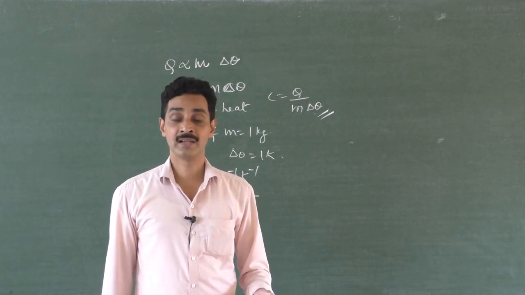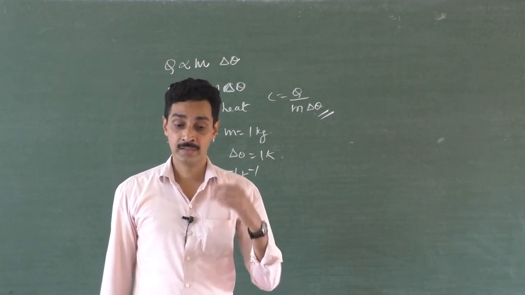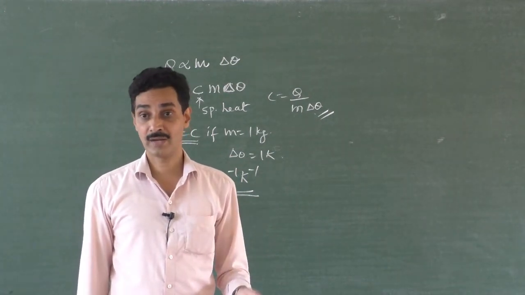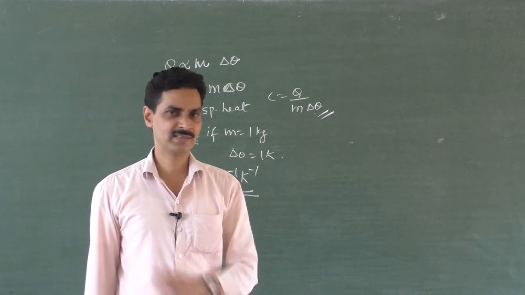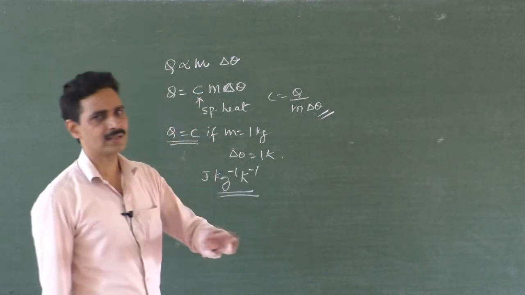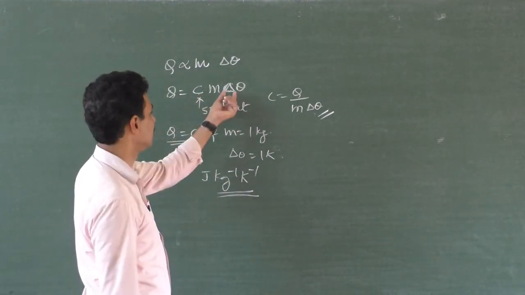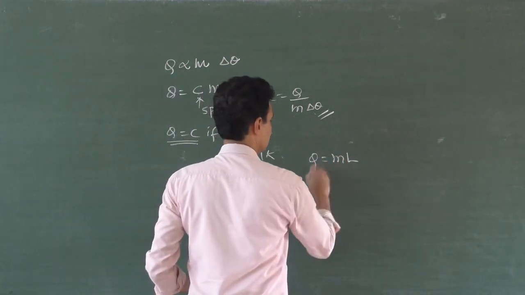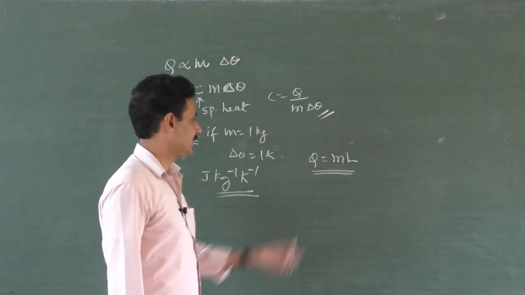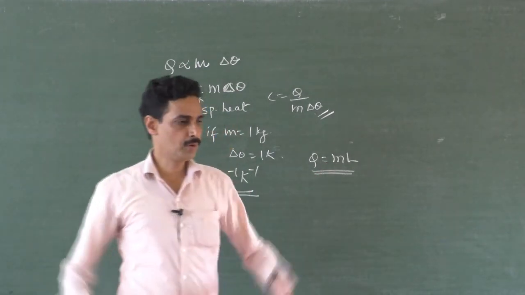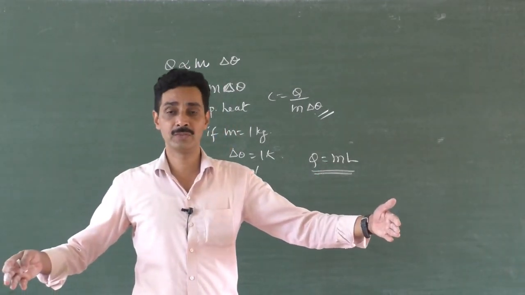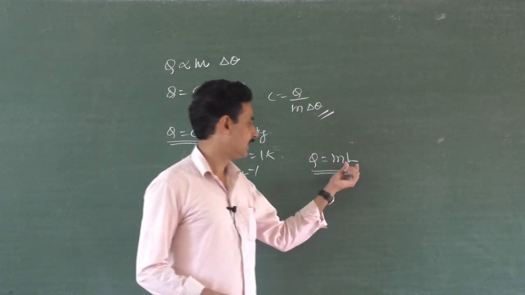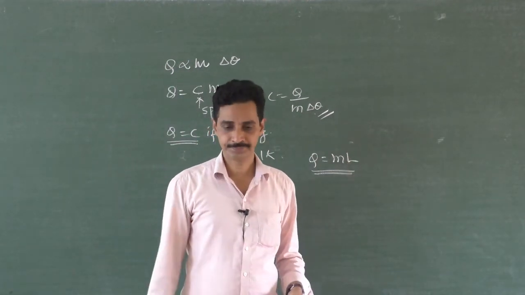Now, how much heat energy is required to melt completely 1 kg of ice without changing its temperature? Of course, at the melting point, if you supply heat energy, its temperature doesn't change. It will use all the heat energy to melt. Then there is no delta theta. Now it is called latent heat, hidden heat. Q = mL, you know it. What is m? The mass of ice taken. The more ice you take, the more heat energy you need to melt it. The lesser the mass, the lesser the heat energy to melt it, and L is the latent heat of that material.